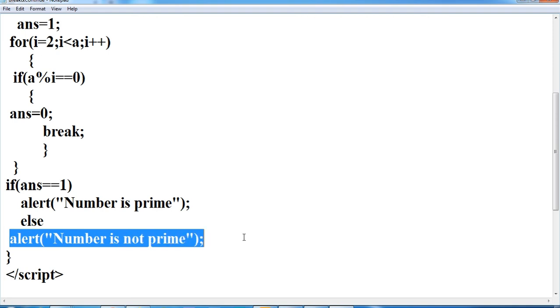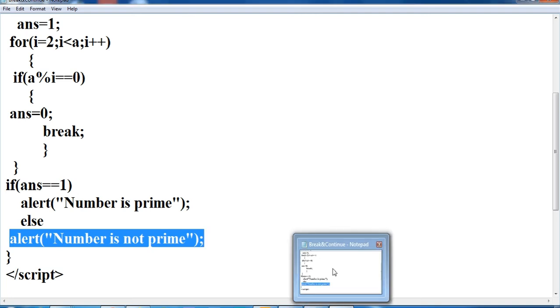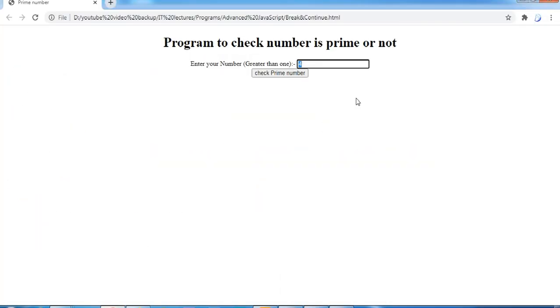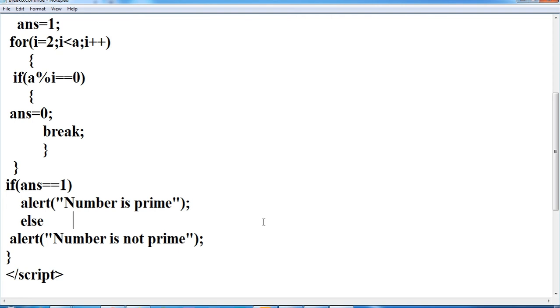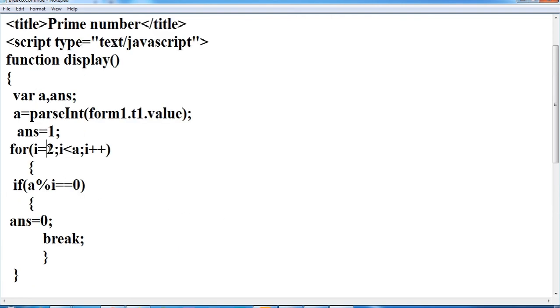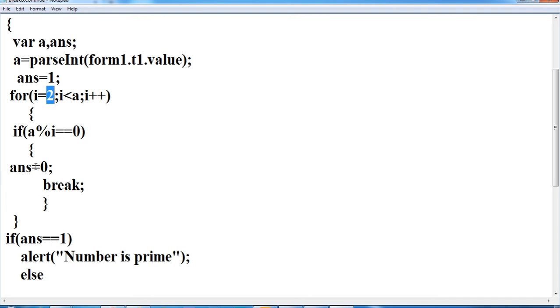If I enter 3, let's see how it will work. It is showing prime number. Why? Because if I enter 3, my initial value of i is 2, and I divide 3 by 2. This condition is not satisfied. After incrementing, i will be 3 and a is also 3.